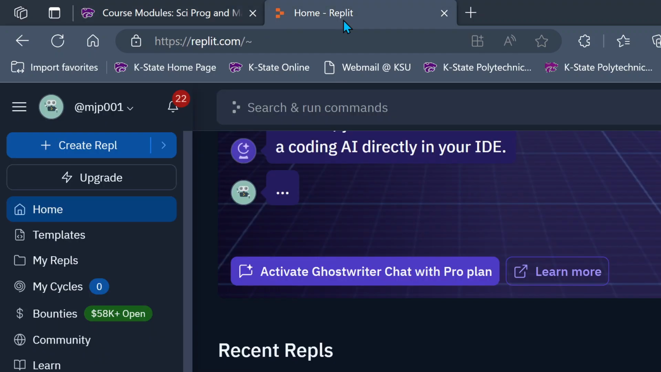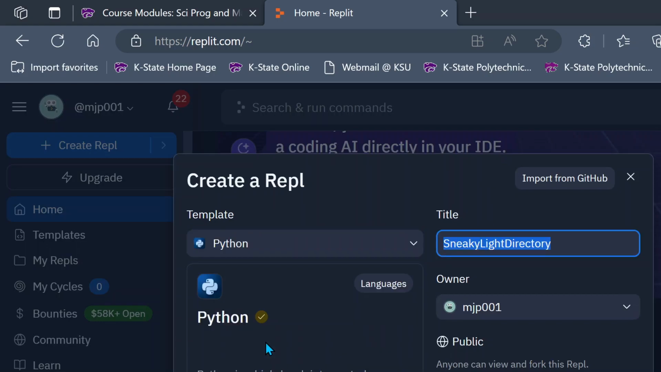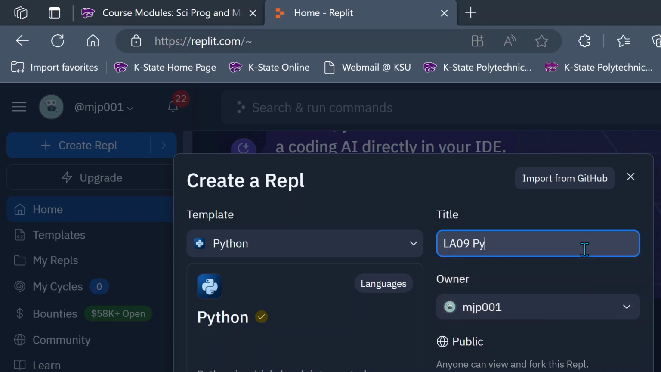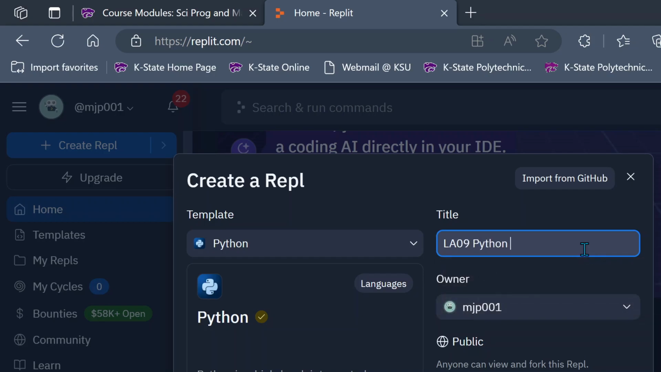Okay, so let's go ahead and jump over to Replit. We're going to open up a new Replit. So let's create a new Python Replit. And we're going to call this one Learning Activity 09. And this is Python. And this is going to be data types, numbers and casting. So we'll create a REPL,